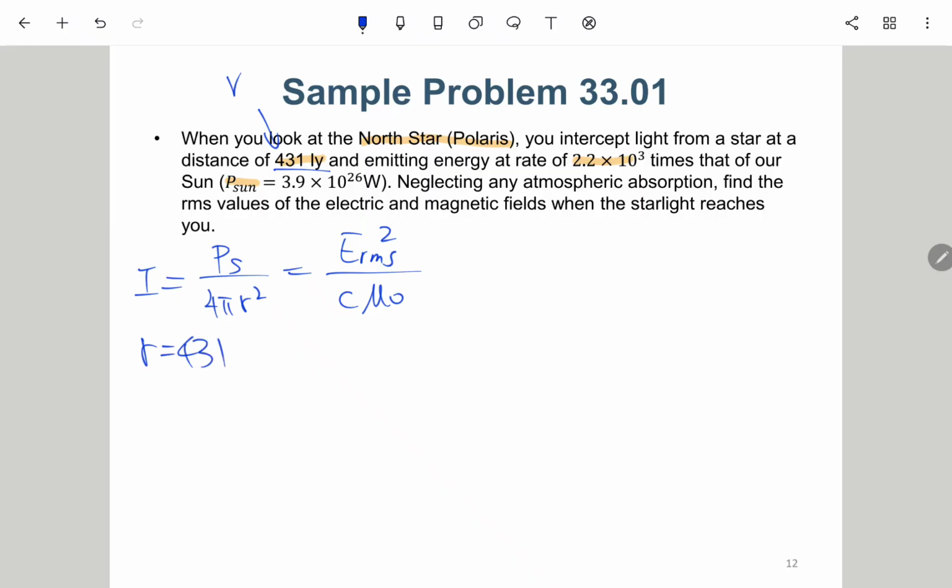So it will be 3 times 10 to the 8. This is the speed of light, speed of light multiplied by the time, which will be the distance. So it will be like 431 years. How many seconds in a year? It will be